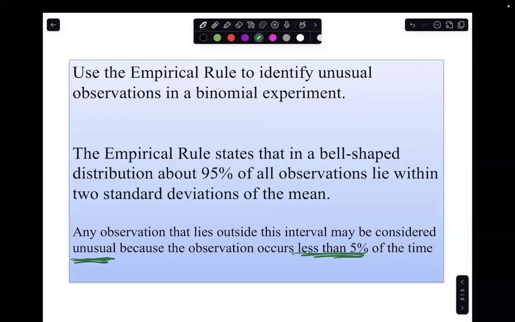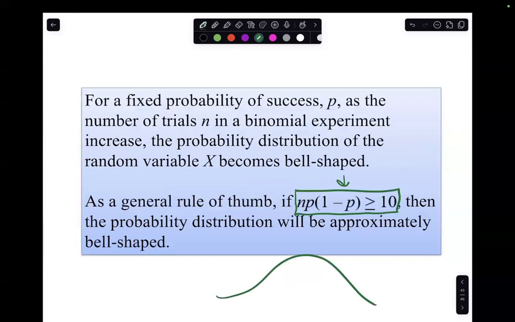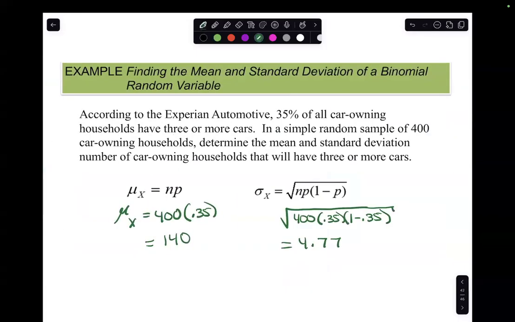So for example, back here, if I took a sample of 400 cars or 400 households, and I ended up with 185 of them that had three or more cars, I would either have to say, because that would be unusual, it'd be more than 2 standard deviations from the mean, I would have to say either my 35% probability is wrong,